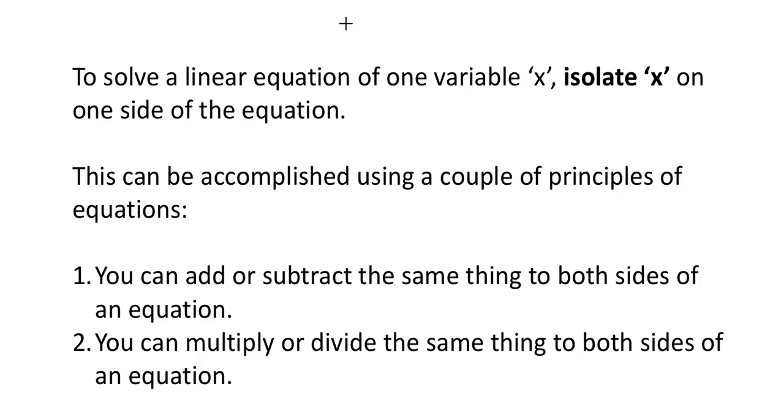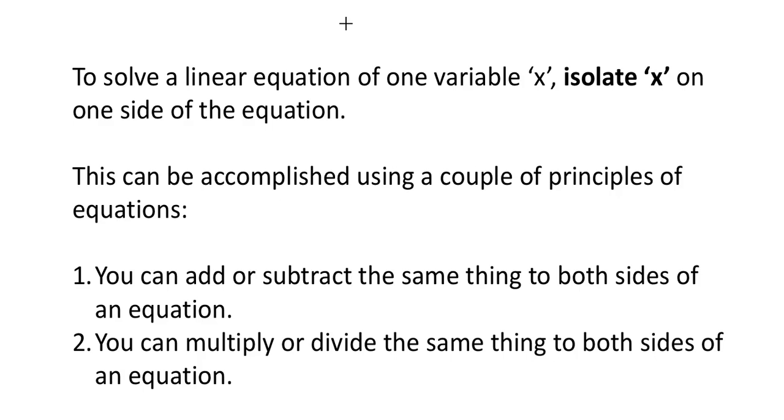You can add or subtract the same thing to both sides of an equation. This principle has an official name called the additive property of equations or something like that, but how everybody regards it is you can add or subtract the same thing to both sides of an equation. And there's also a multiplicative property for equations, which allows you to multiply or divide the same thing to both sides of an equation. So we're going to use this to our advantage to manipulate the equation into telling us